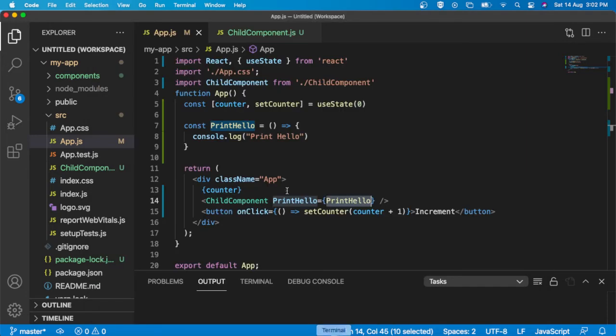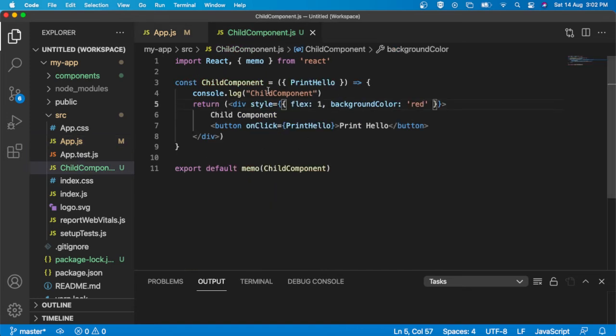So that's why the child component is again and again re-rendering when there is a state change. So the problem is happening when we are passing a function. So you will ask, we are not passing a value, we are passing just a function. Why is it again re-rendering? Because when there is a state change, a props change, or a context change, the function will reinitialize again and again. So that's why the child component is re-rendering again and again.